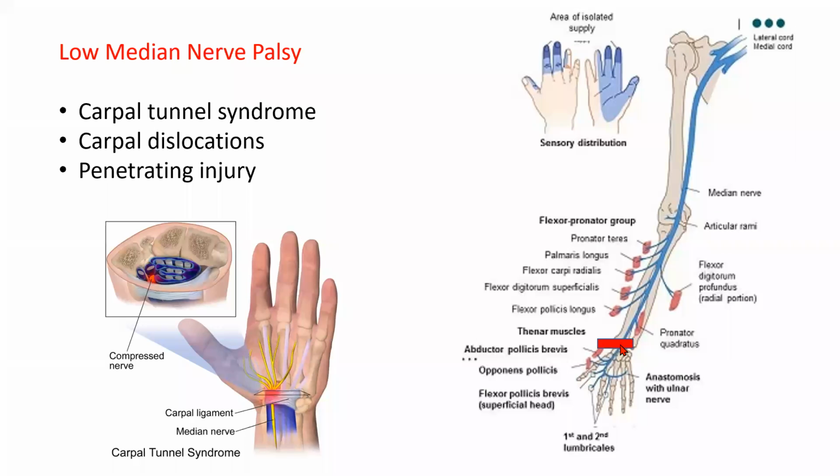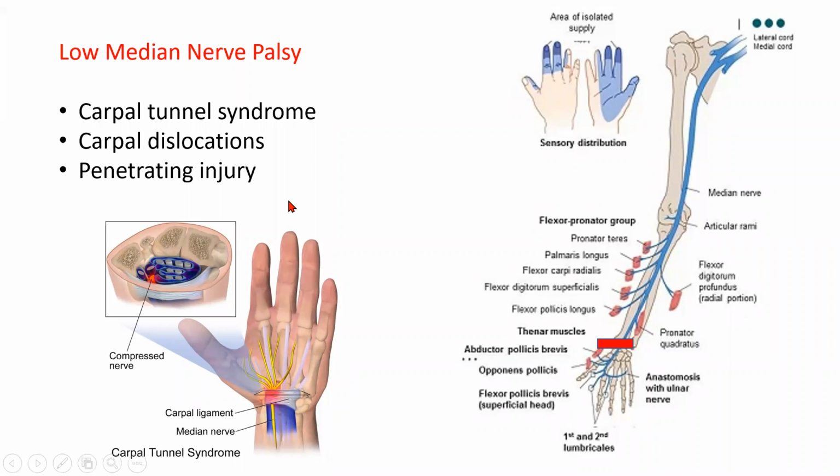The most common degenerative condition is carpal tunnel syndrome, where any reason which causes reduced capacity of the tunnel or increase in size of any of the anatomical structures within the tunnel can cause compression of the median nerve as it passes through this tunnel. The other traumatic conditions are carpal dislocations, even distal radius fracture, the reverse Colles fracture. Colles fracture has a dorsal displacement, whereas the reverse Colles, which displaces ventrally, can cause problems related to median nerve injury.